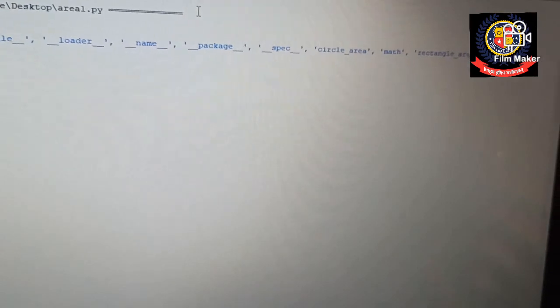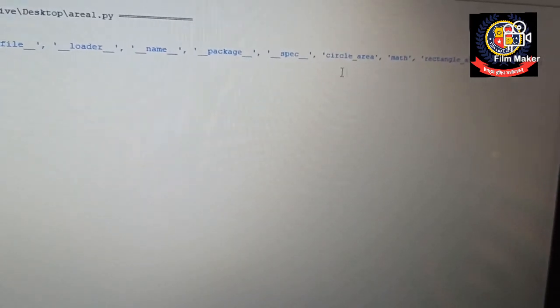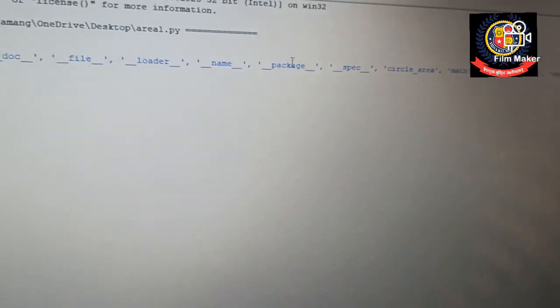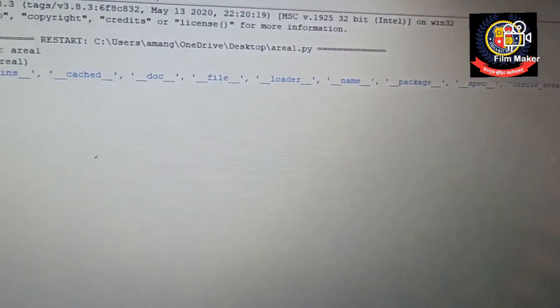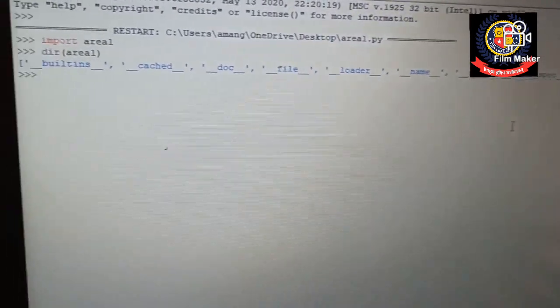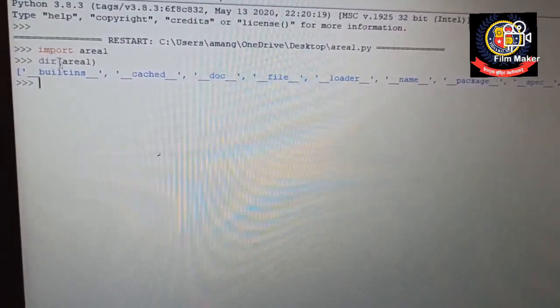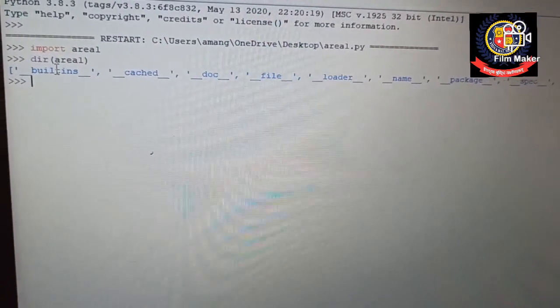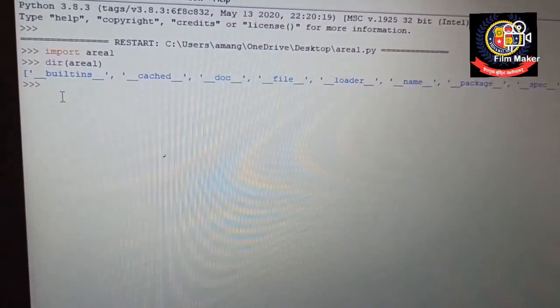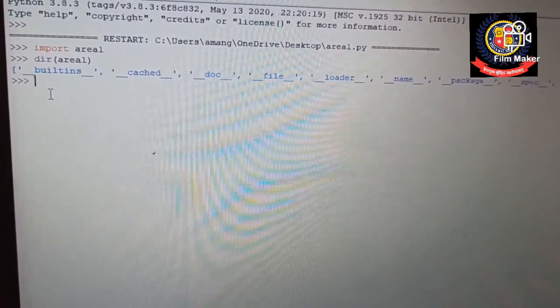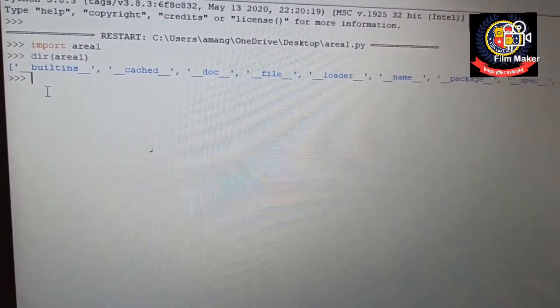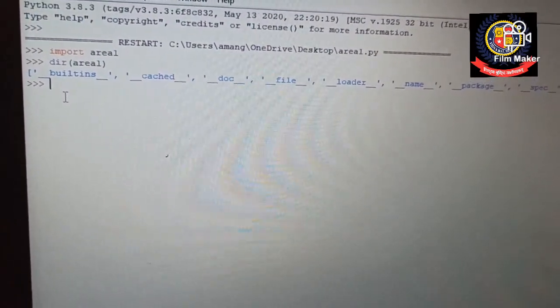As you can see here, I've used import math, then rectangle area, square area, circle area, packages, then name. Means the whole directory is shown in front of me by using this method dir, which is a built-in method available in Python. Okay, so I hope now it is clear how we can access or retrieve the objects from the module.